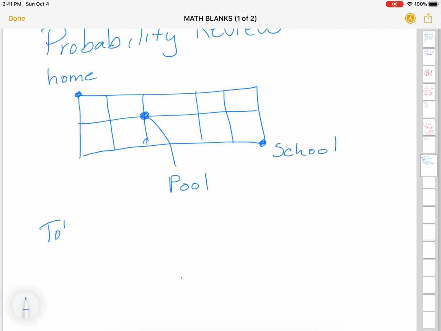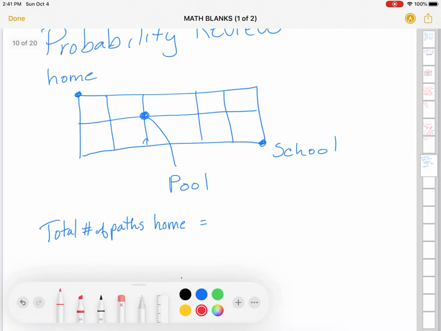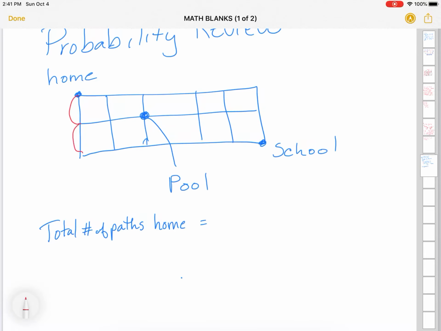So the first thing we're going to do is find the total number of paths home. So looking at that, we have 1, 2 south and 1, 2, 3, 4, 5 east. So in total, we have 7 factorial. But remember, we have to divide by the identical objects, right? So we have 5 going east, so that's 5 factorial. And we have 2 going south, so that's 2 factorial. So when we multiply through and get our total number of paths, we're going to get 7 times